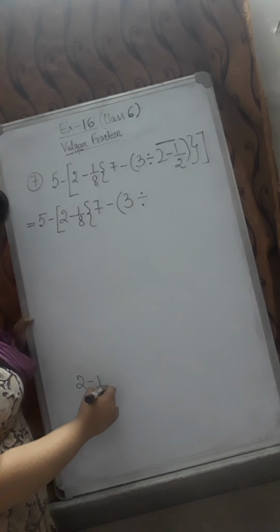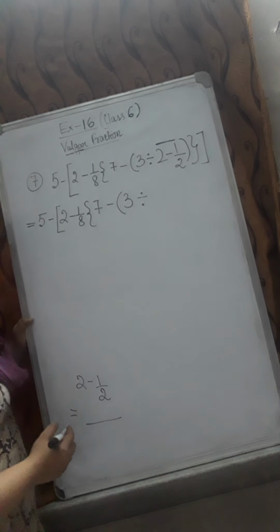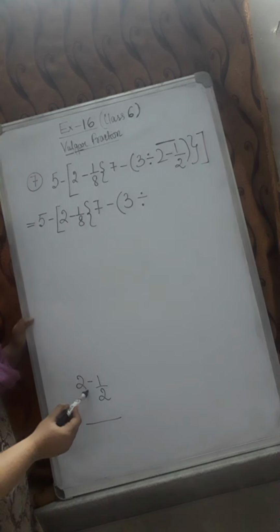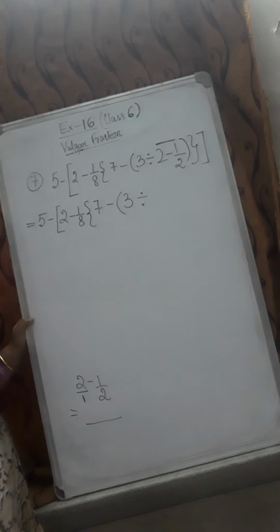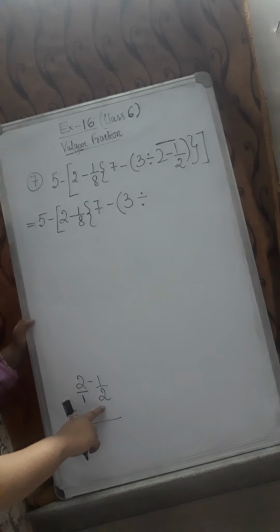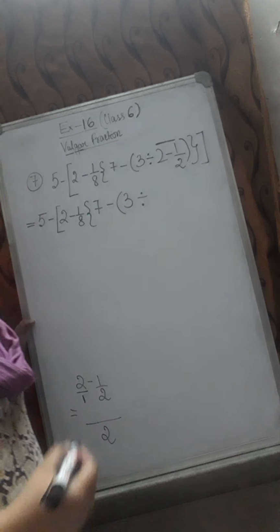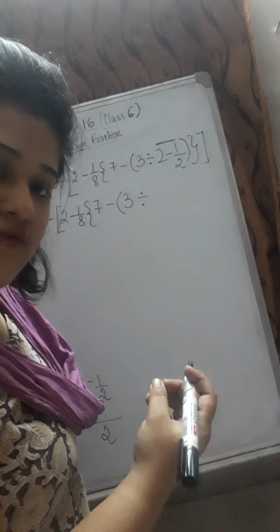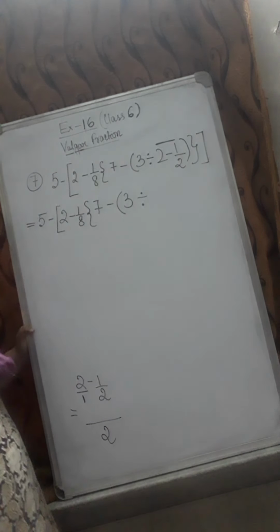So in fractions, how do you solve 2 minus half? You take the LCM. Whole number, nothing is given, means you try to make it a fraction by writing 1 in the denominator. Now 1 and 2, if you find the LCM of any number and 1, you will always get the number back. So no need to find the LCM, you can do it verbally. If you have 1 and any other number, that number will be the LCM, that is 2.